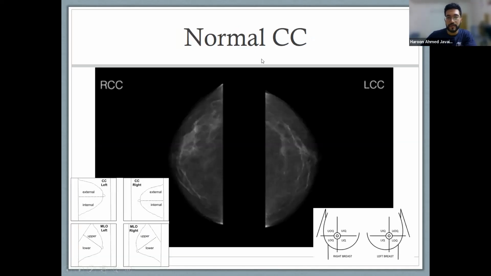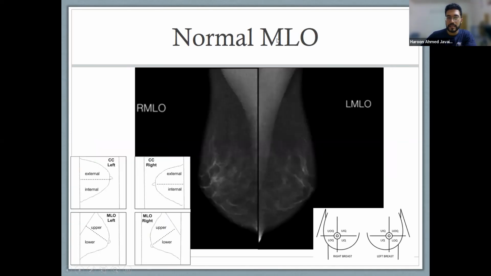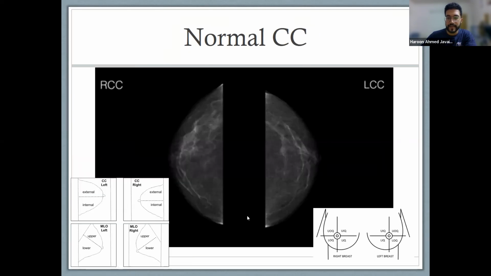So the first view is known as craniocaudal view, and the second view is known as medial longitudinal oblique view, I think. Yeah, mediolateral, something like this, MLO. Okay, so for the craniocaudal view, one thing to note about this is screening, so there's no symptoms. The second thing to note is that